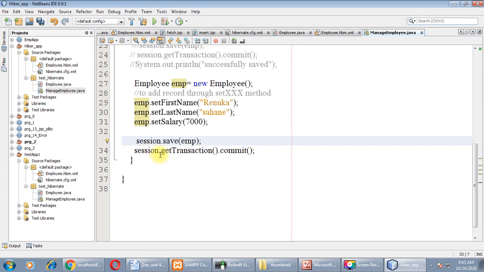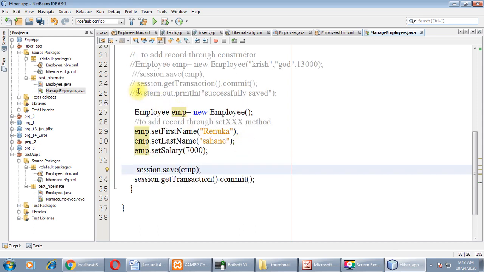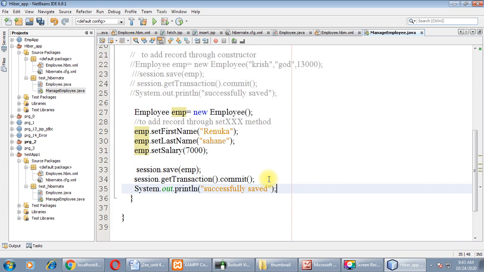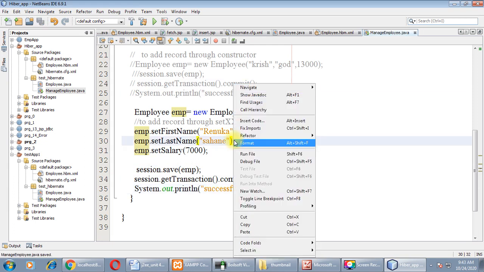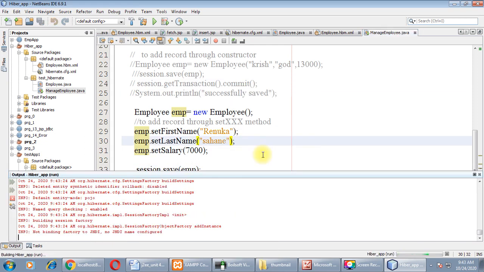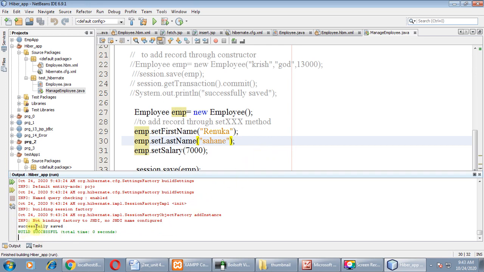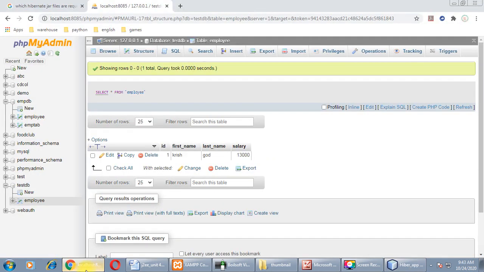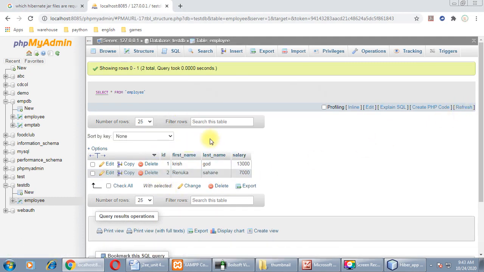So session.save(emp) and session.getTransaction().commit(). Finally, if you want a message on the screen, for that copy this line, run it one more time. This time we got the message successfully saved. Refresh your table. As you can see, the second record is also inserted. Fine.